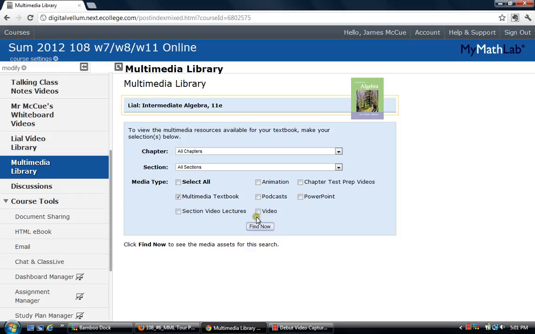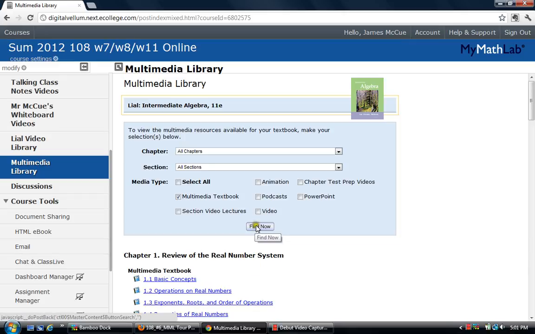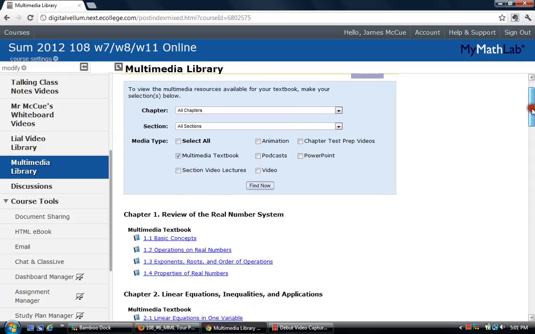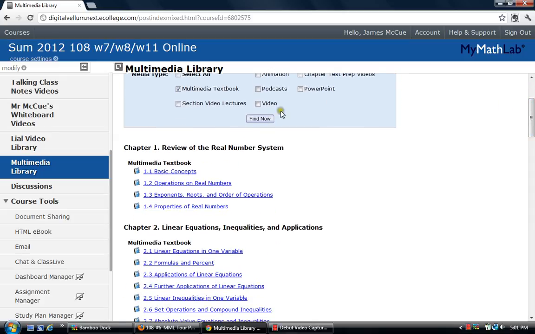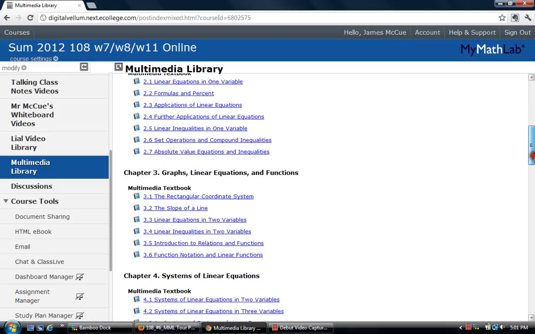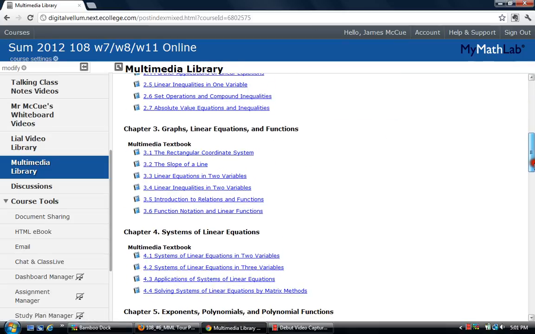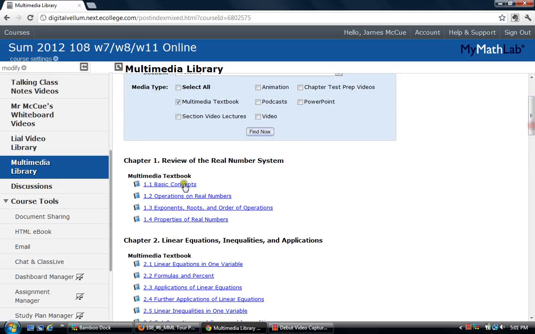Okay, I seem to hit buttons and then they don't want to work. Okay, now we're back. So here's the textbook. All you have to do is pick a section, anything you want. I'll scroll down so you can see the whole textbook. Sorry, I got a little slower. It's all here. So as we go through the semester, pick a section,